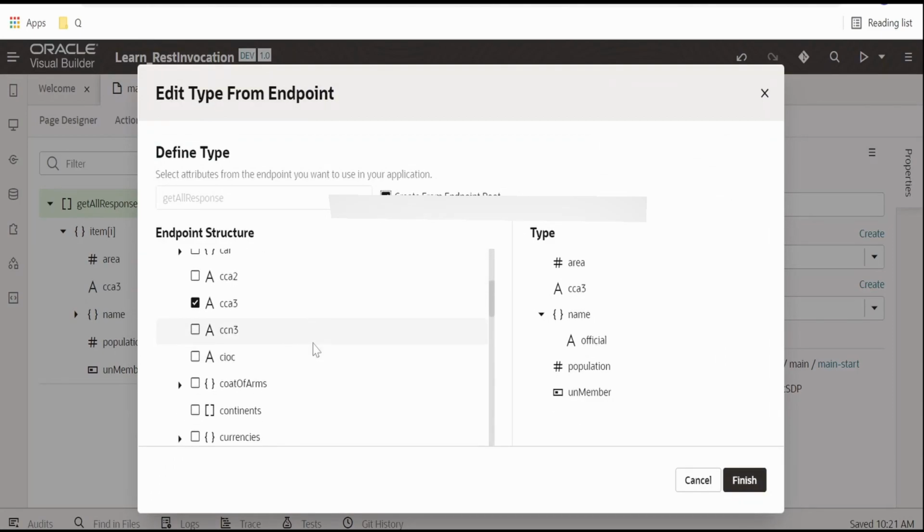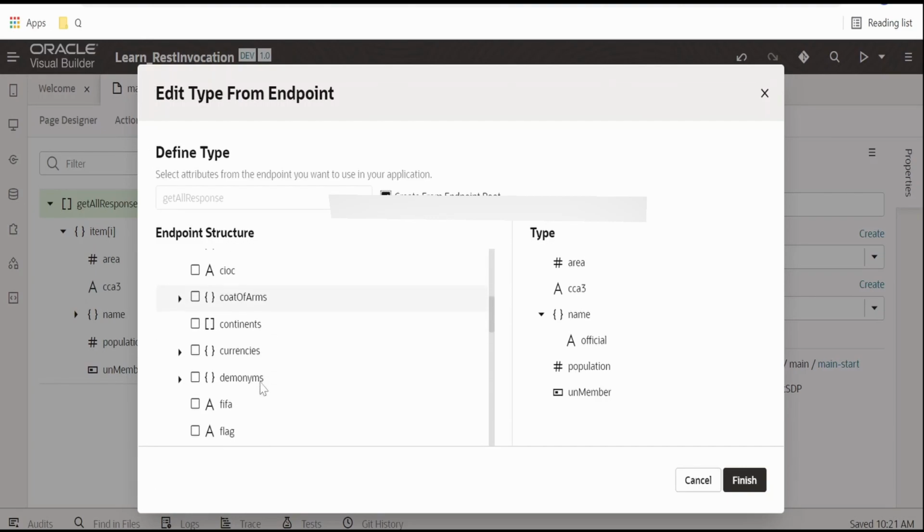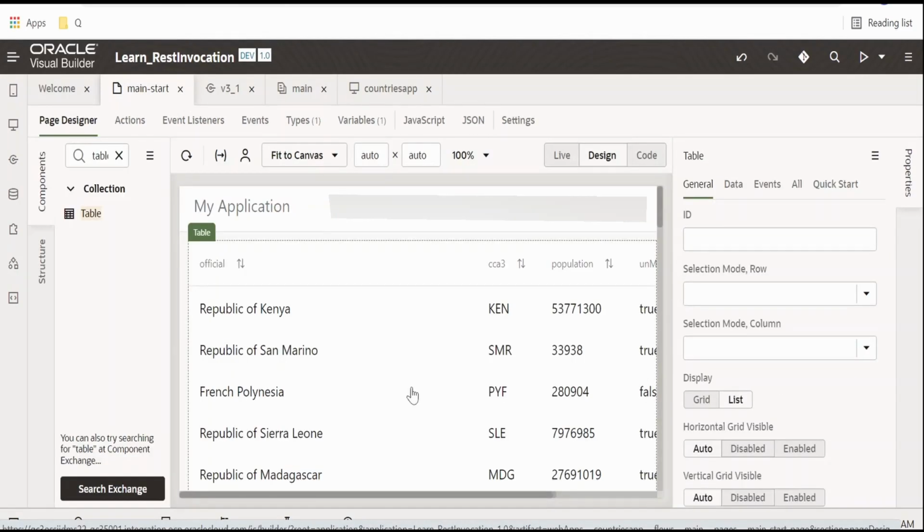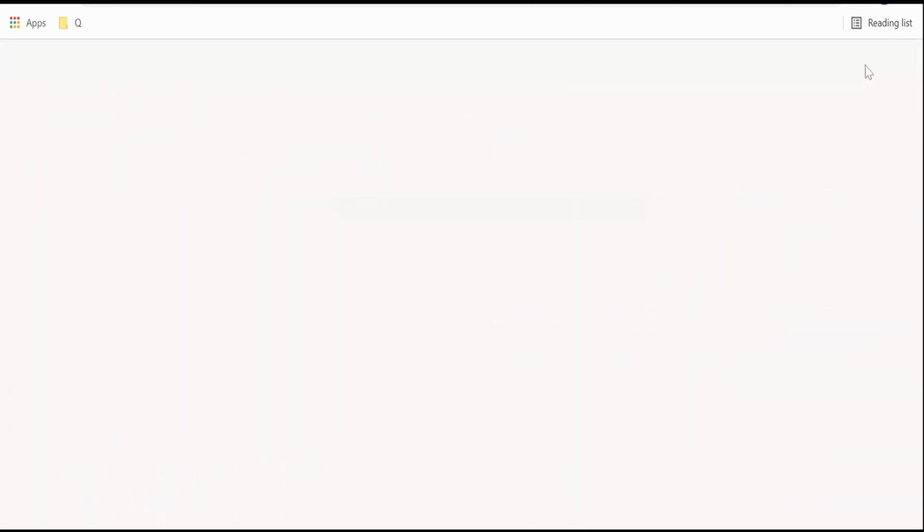At a later stage, if you want to add a few more parameters, first we have to edit over here. In the types we have to add, if you want to represent the flag or any other information, we have to first check mark that box, and then we have to go and update our application. We'll learn in our next video how we can do this. Once we have got the details and configured our table, we have to go to this live or the preview button over here. Click on that.